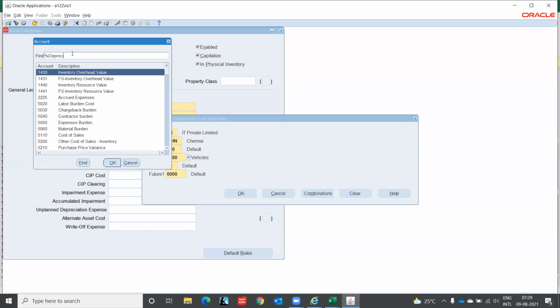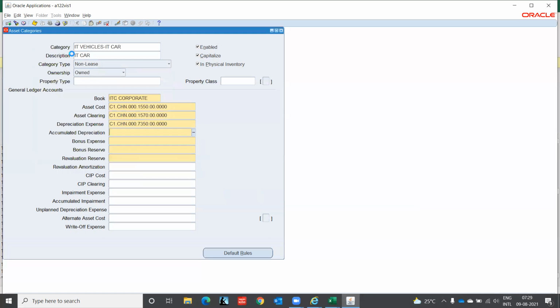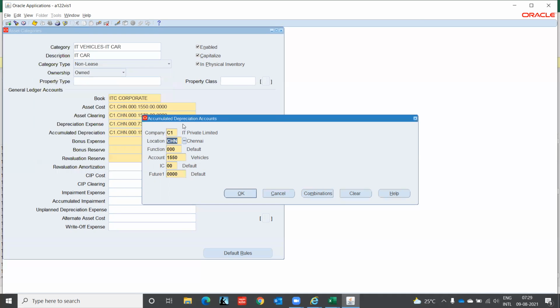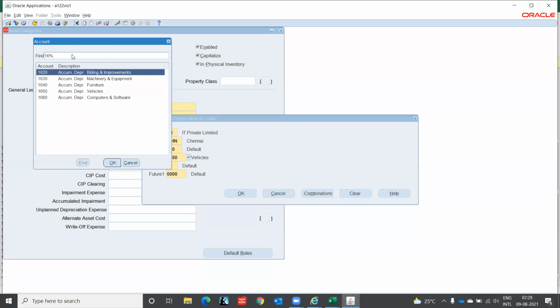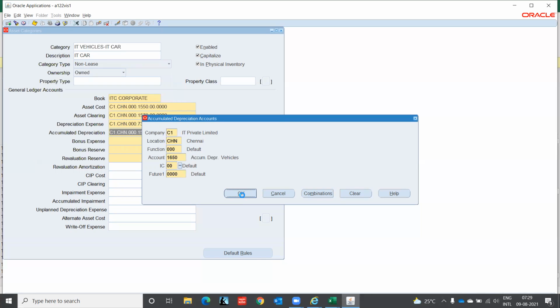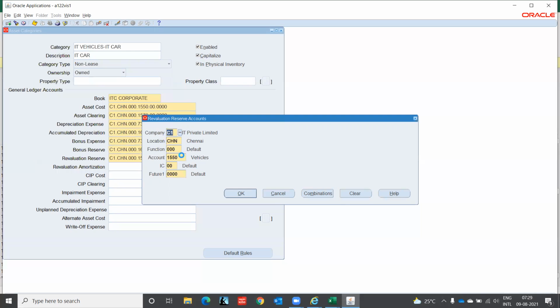Depreciation. Okay. We have depreciation vehicle 7350. Accumulated depreciation. Accumulated depreciation vehicles. Okay. Bonus expenses, bonus reserve, we will later see. Revaluation reserve, if we are going to do the revaluation